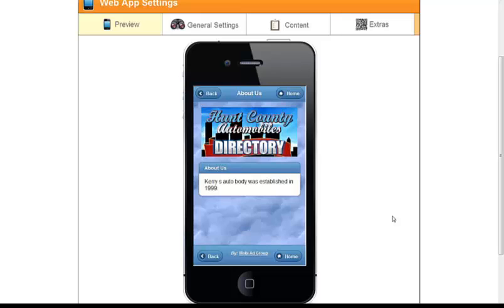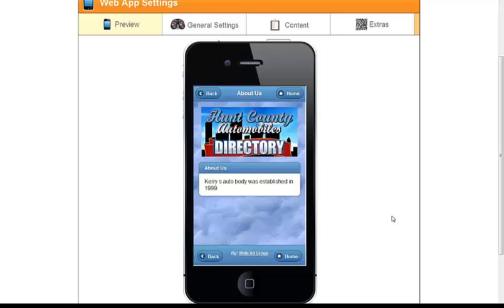Me personally, I don't want them going to a web page when they're in my mobile app. So I would not put the web page in there. That's just me personally, but we have had some people that wanted that, so we've added that feature. Why do I not want them going to the web page? Because they're going to get discouraged, because it's going to be small print and they cannot read it.